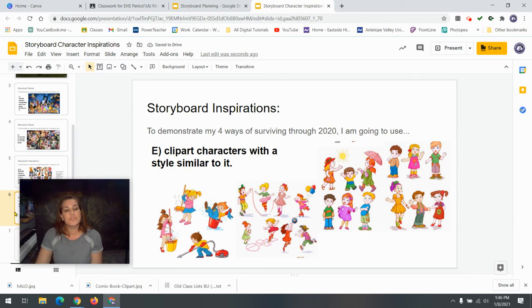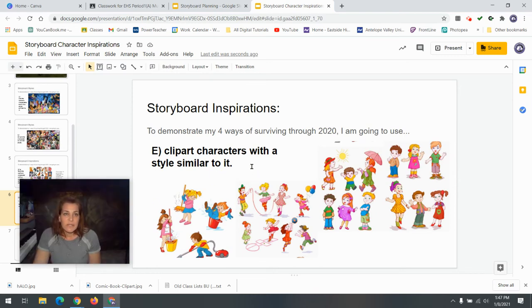So the last option, of course, is that you can completely ignore all the other ones and just go with some good old clip art characters, because maybe that's just easier. So if you go to Google search under images and you type in clip art characters, you can actually be very specific and have a lot more options if you use clip art.